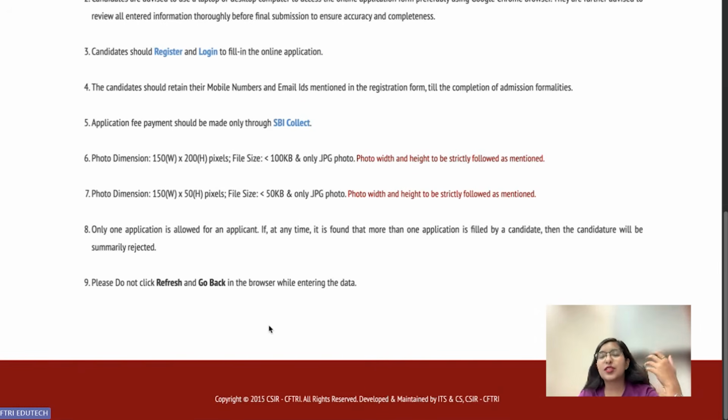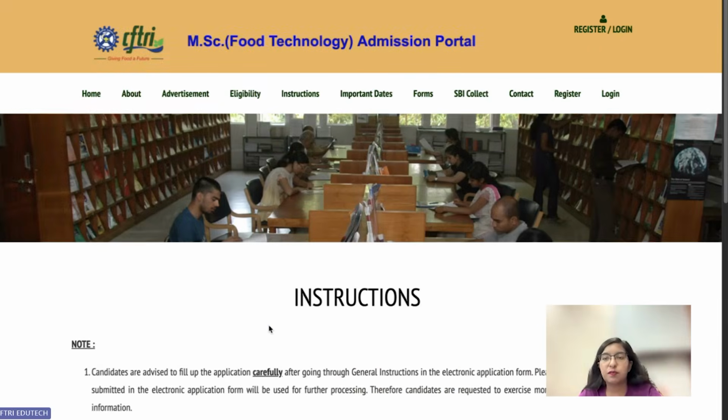Make sure, we have seen previously there are students who have filled 2-3 application forms due to some mistakes or errors they have made, and they got their admission rejected. So make sure that doesn't happen with you. Just sit quietly for 15 minutes max. It hardly takes 15 minutes for you to complete the entire application form.